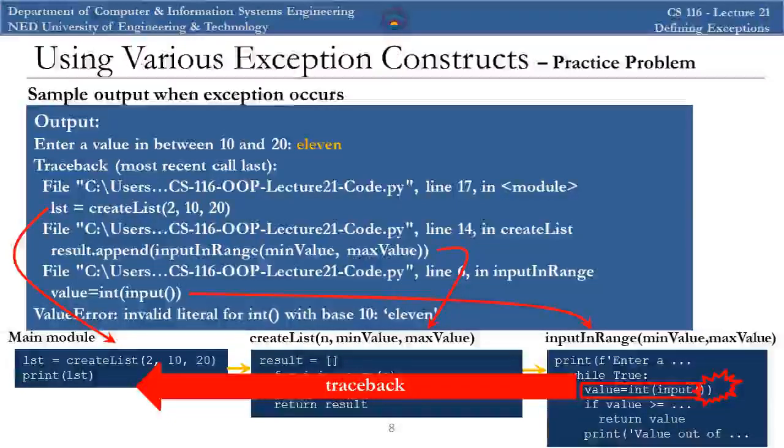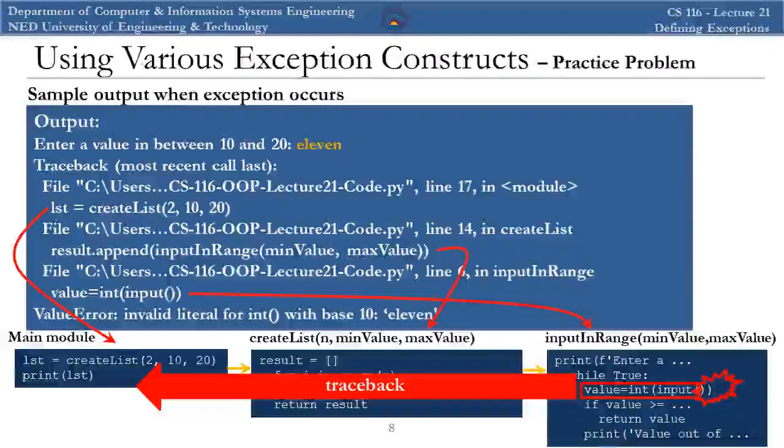So it went to the previous module, which is the main module. So basically the point is Python tracks backwards from the point where the exception occurs towards the main module, right? If it finds an exception handler at any of these places along its traceback path, then it executes the except block from there, right? That means if the user provides any handler, then that will be executed